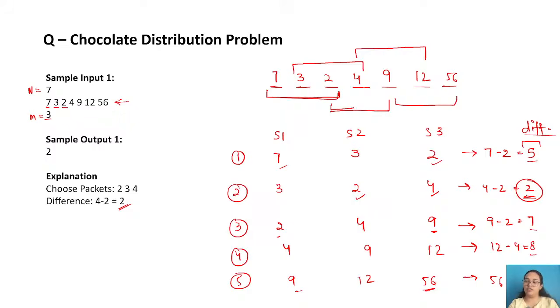Few students are saying two pointer approach, but let's try to understand. I don't think it will be a good approach, because here you are not working on only two things. You want it on the whole range. For example, if the students are three, you should be working on three packets. If the students are five, you have to work on five packets. Many students are saying sliding window, and that is the correct answer. We will be applying the sliding window approach here.